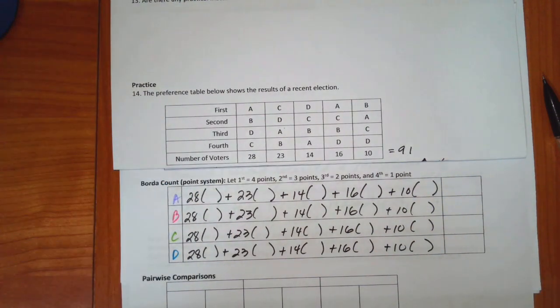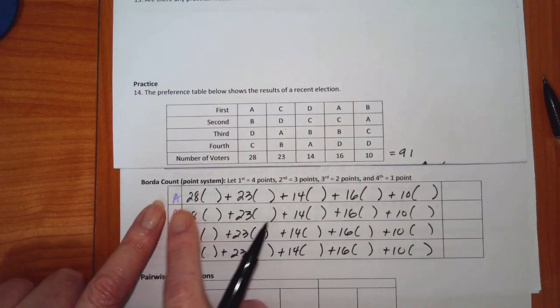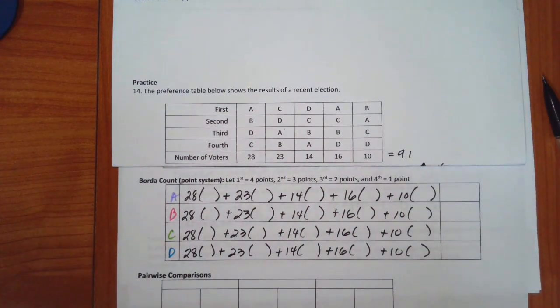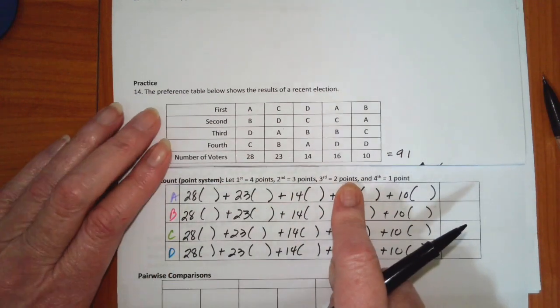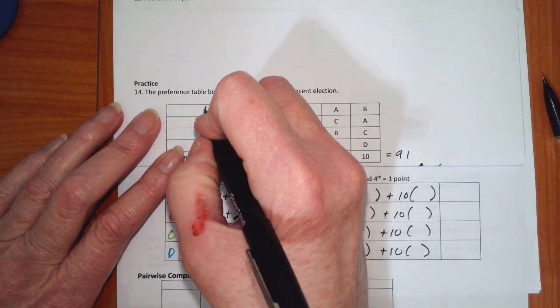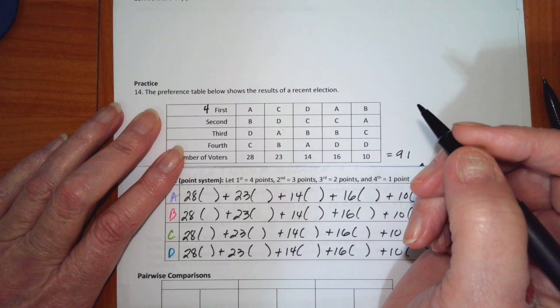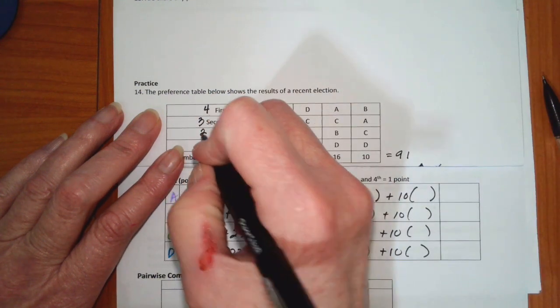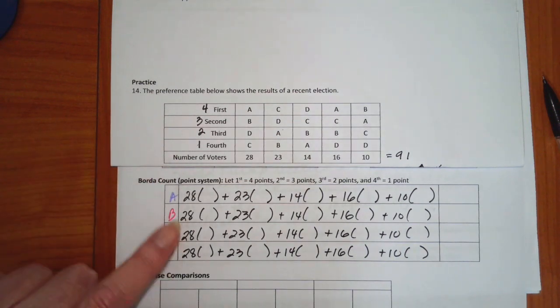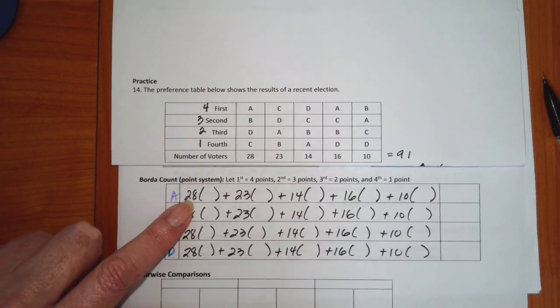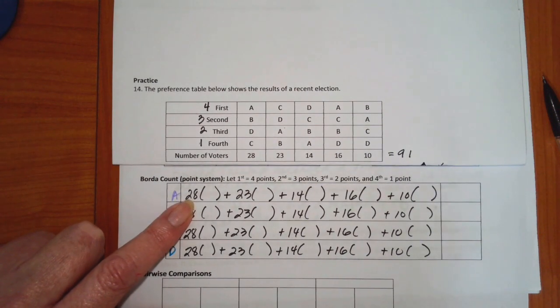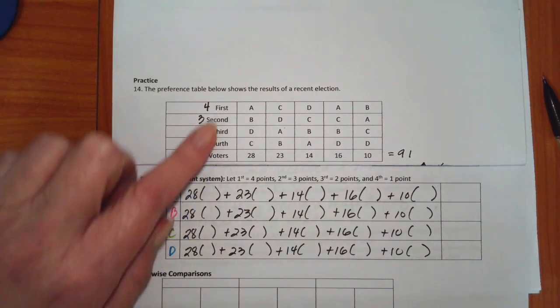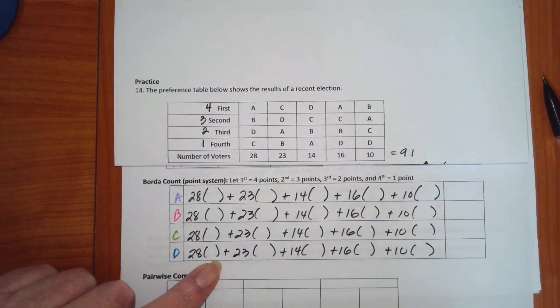Okay. Now, before I looked at the candidate and did all of them across. But now I'm going to look at them in columns. But first of all, let's see what the point value is. First is going to be 4 points. Second is 3. Third is 2. And fourth is 1. So here's how I'm going to look at this. Okay, so in this first column,